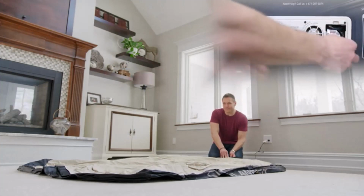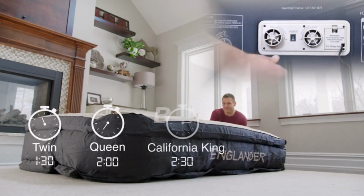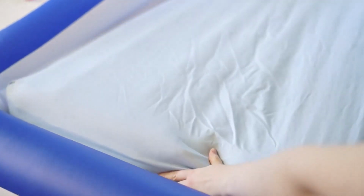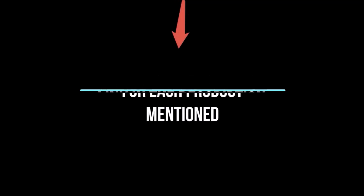an informed purchase decision. Today, I'm excited to share with you my top 5 picks for the best air mattresses on Amazon. I've spent countless hours researching and testing products, and I'm confident that these 5 products are the cream of the crop. Whether you're looking for the best product or just one that delivers excellent value for your money, I've got you covered. So without further ado, let's jump right in and take a look at the top 5